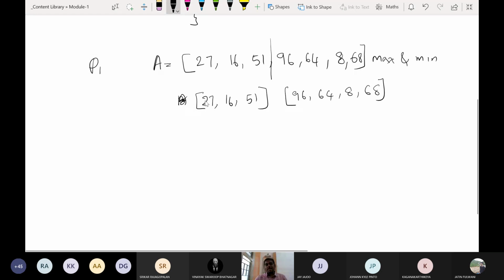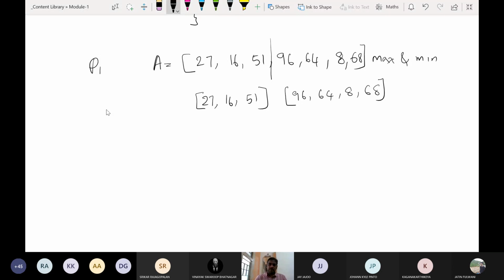Now, the question to be asked is, is the problem size small now? Can you say that the problem size is small now, or is the process to be continued further? What is your idea? It is to be continued. It is not the smallest, because we must find the maximum and minimum. We must have an array size of either 1 or 2, not beyond that. Here on the left part we have 3, on the right part we have 4. So with either 1 or 2, we can easily find the maximum and minimum. So let us continue the division process.